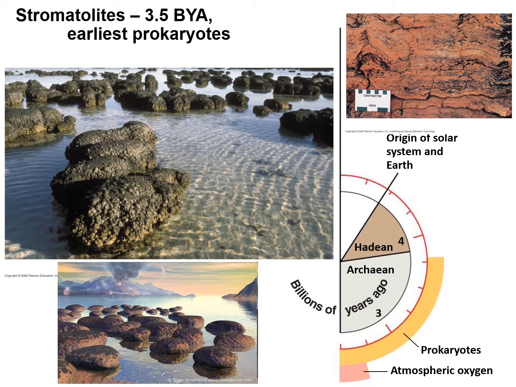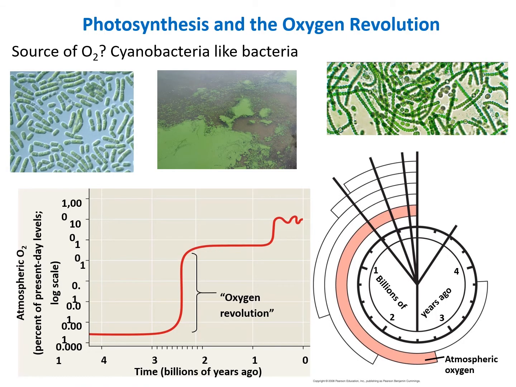So here's a date that you guys should be familiar with: 3.5 billion years ago. The earliest prokaryotes are these stromatolites. Down in Australia, they form these little mats. So here's 3.5 billion years ago, the earliest critters are these prokaryotes, things related to bacteria and so forth. Oxygen doesn't show up till much later,